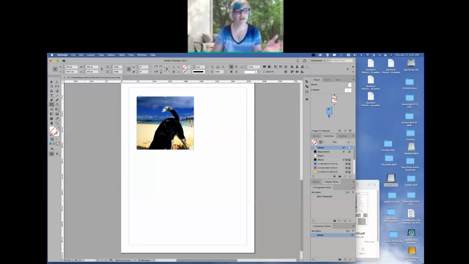You can do all the same things as the shape tools, but these are meant to hold a graphic inside them. Okay, you cannot have color. No, that's wrong. You cannot have a graphic in the same frame as text. They require two different kinds of frames. But you can add color to a graphic frame and stroke to a graphic frame, and you can add stroke and color to a text frame, which is done quite a lot. All right, we're going